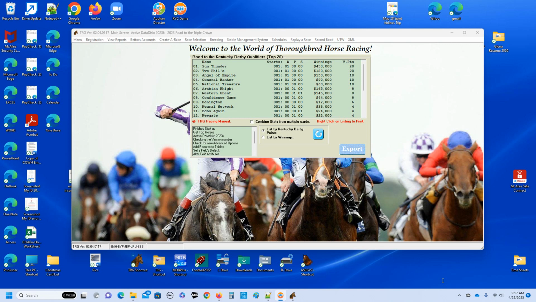Today we'll be running the February prep races covering week 6 to 9 of the 2023 Road to the Triple Crown Series. Okay, first thing on the agenda is looking at the Kentucky Derby qualifiers